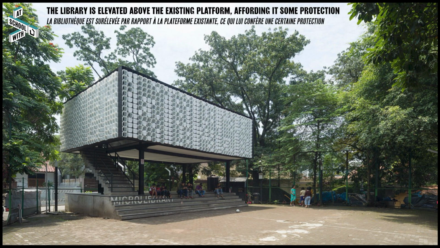Other waste byproducts can act as found or ready-made elements, reused to display their unique qualities in such a manner as to still show where they came from. The micro-library by Shao in Indonesia is elevated above an existing platform used by the community for performances, events, and just hanging out. The first step was to encourage this to continue, and so the new building was raised up above the stage in order to form a canopy or shelter for the people below.